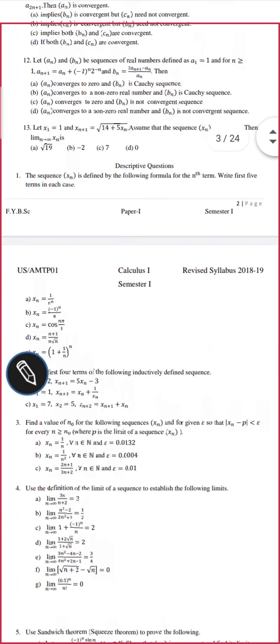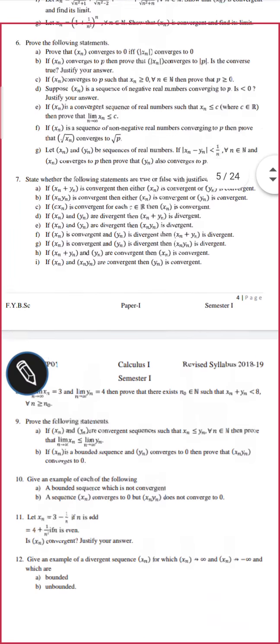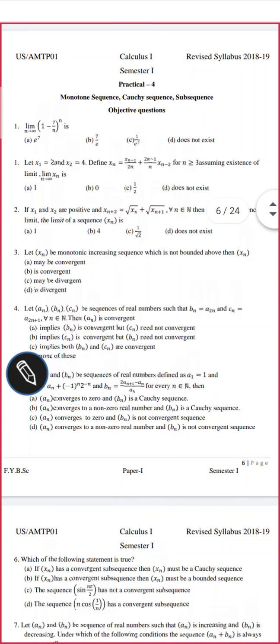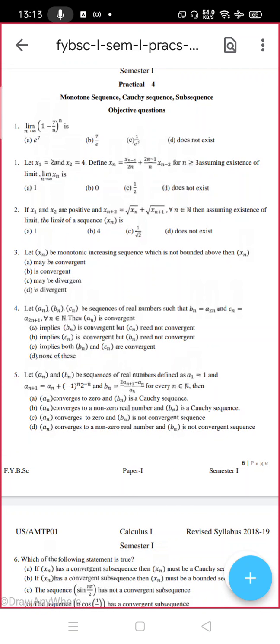Practical 3 is done. Do you have anything for practical 4? Yeah, tell me what is the answer for the first one? I think we have done this one. What is the standard formula? 1 plus 1 by n raised to n is equal to e. This is what we know. Now what do I do here? What is the answer? What did you get?